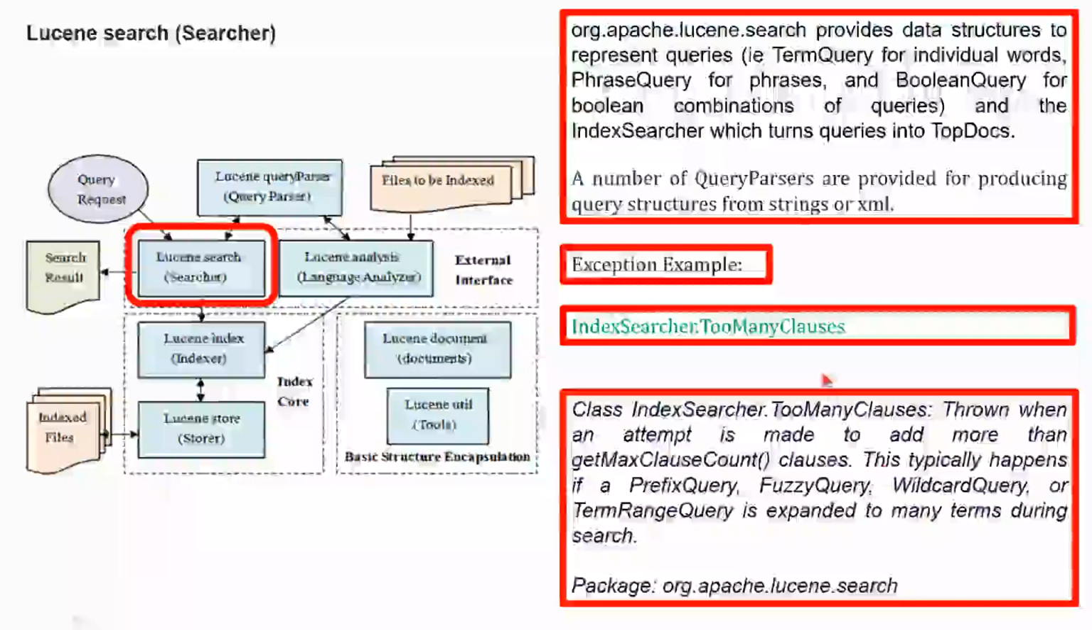An example, we can consider the class IndexSearcher.TooManyClauses, thrown when an attempt is made to add more than getMaxClauseCount clauses. This typically happens if a prefix query, fuzzy query, wildcard query, or term range query is expanded to many terms during search. This is in package